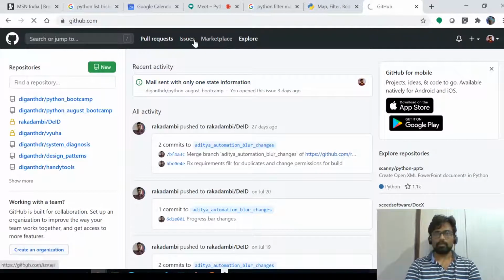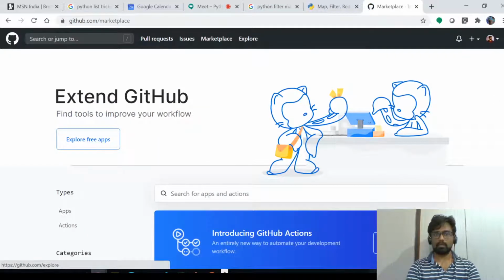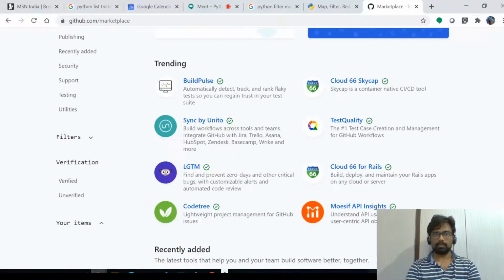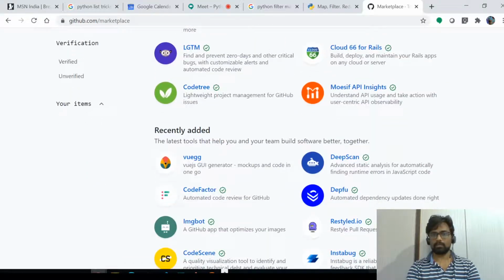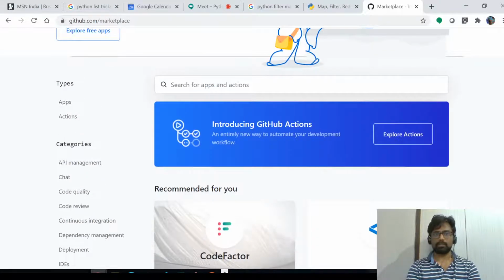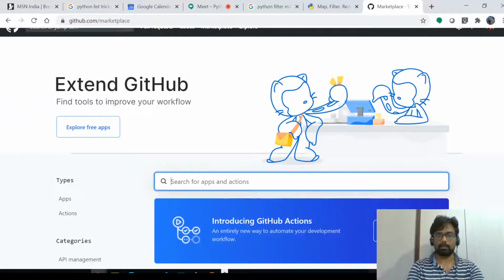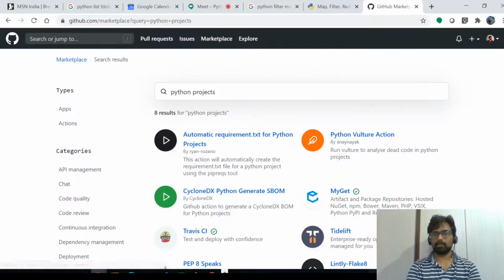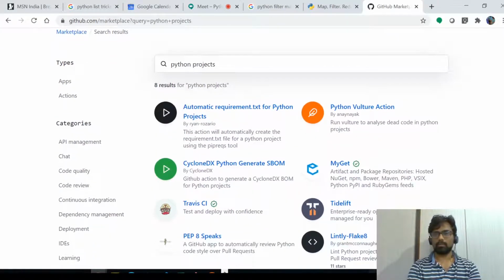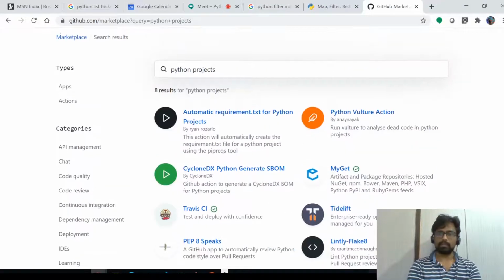If you go to issues, explore, okay, there are several open source projects on GitHub. So you can search for projects, and then you can download the code and you can start working on them. So you need to get used to how to do this.